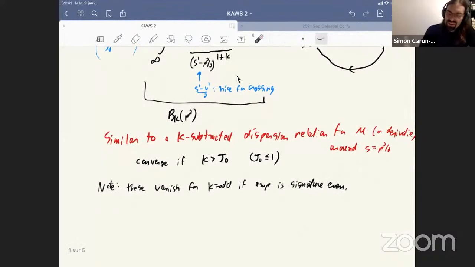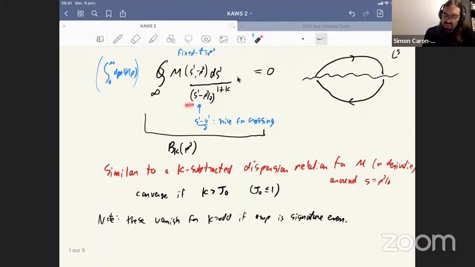And crossing is related to CPT, so it's related to how things change under CPT. But that's a different story. But yeah. So that's why emphasizing the symmetry is useful, because if you don't emphasize the symmetry, you'd think you have some rule for each power of k, and you would indeed get something for each power of k, but you just get redundant information from the odd power, so they're not useful. If you have symmetry, then you should use it, and that's how we use it.